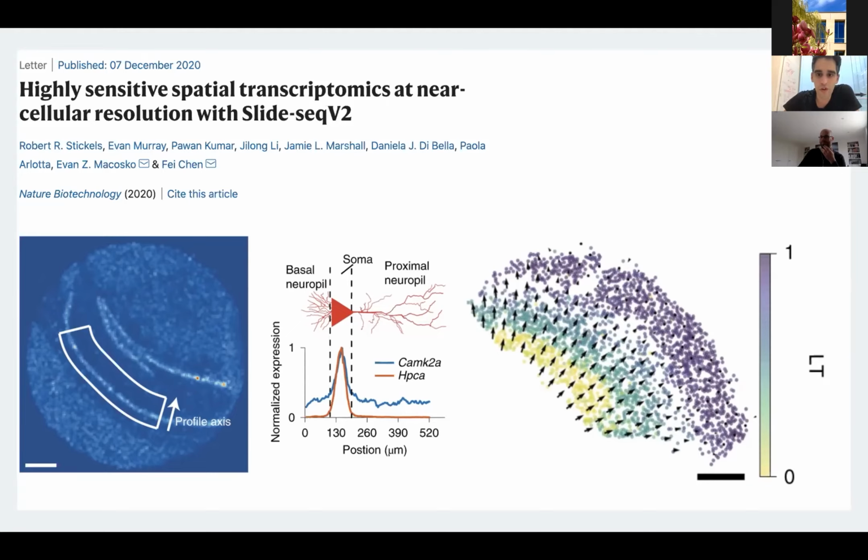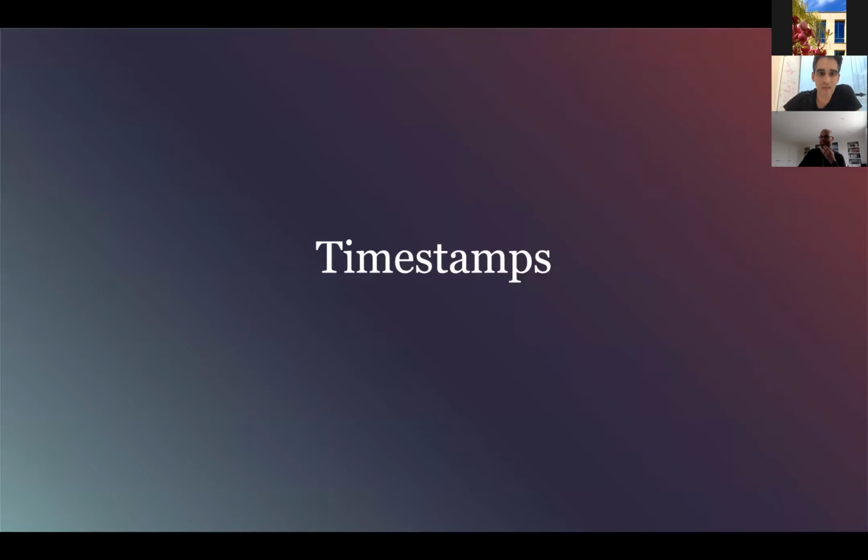So yeah, those are some exciting things, but I wanted to reserve some of the time. Fundamentally, my lab is a lab of inventors, right? And so we're always trying to anticipate what's next. And so I want to retain a little bit of the time to talk about Timestamps, which is another method that we just published recently, which might be the next thing to think about as people are starting to commercialize